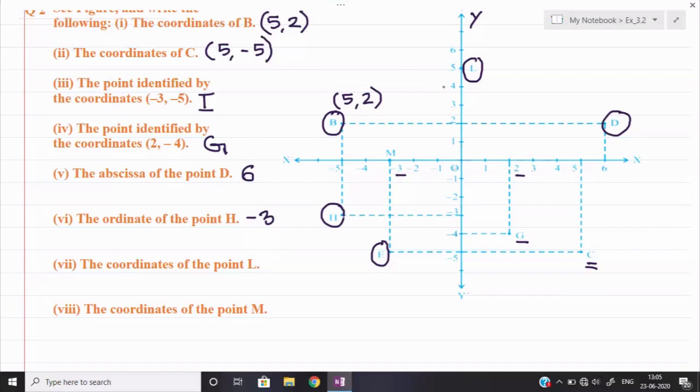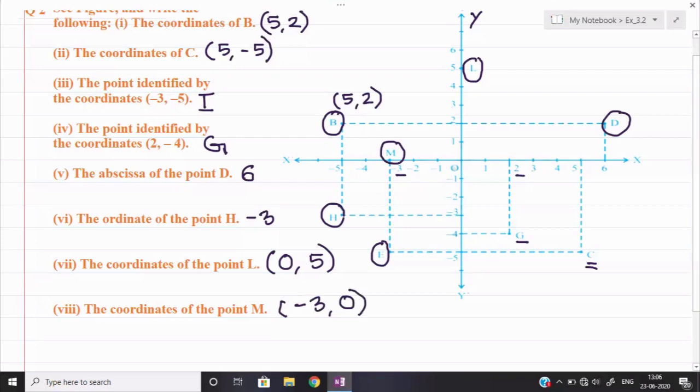So here, see, L lies onto the y-axis. Okay, so x coordinate will be 0 here, and L lies on which value here? That is 5. So we can say that 5 is the y coordinate. So coordinate of point L will be here 0 comma 5. This is the answer. Similarly, look at the point M. See, point M is lying at this place. So M lies on x-axis. So its y coordinate will be 0. And M lies on which value here? Minus of 3. So we can say that the coordinate of point M will be here minus of 3 comma 0. This is your answer.